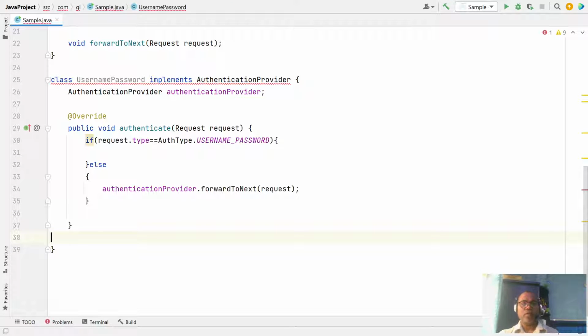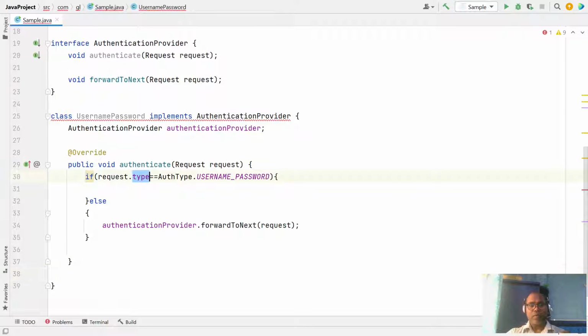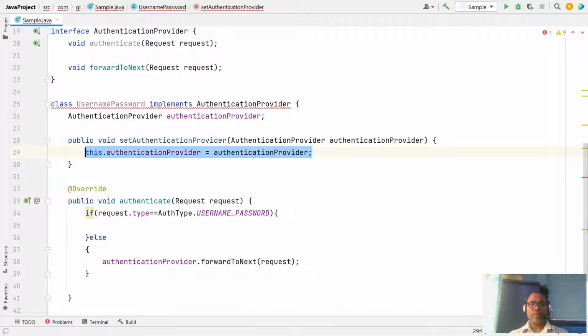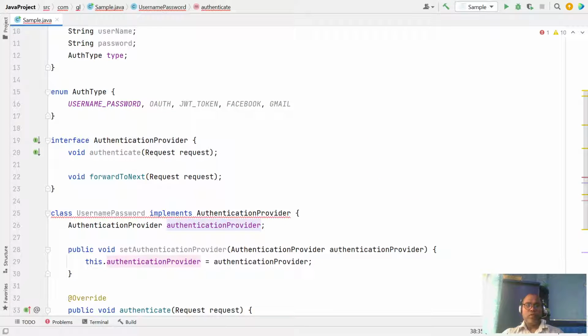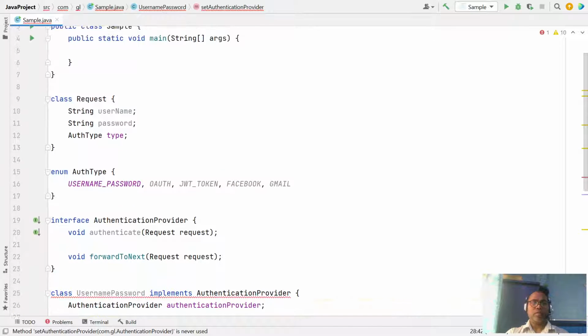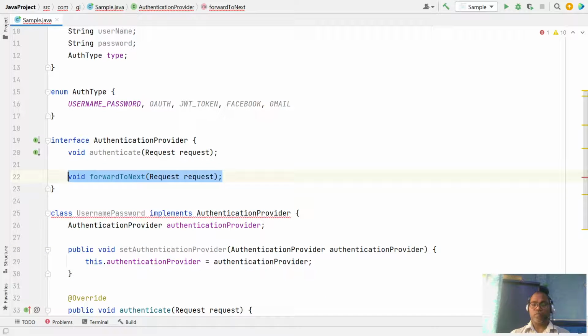We have a kind of thing. Whenever we are able to serve, okay, else we are saying forward your request to the method, let's here the setter. Whatever the authentication provider. So this should be, let's remove here.